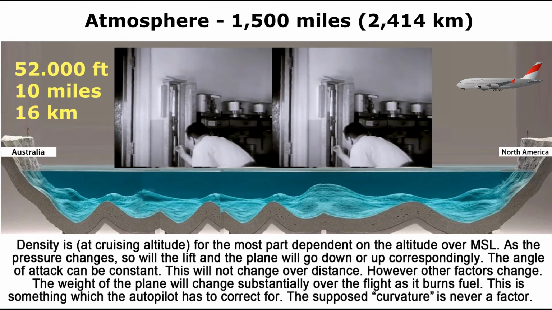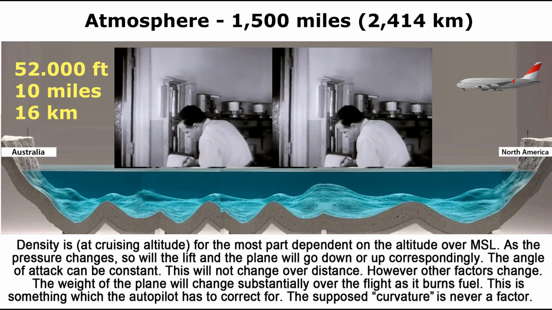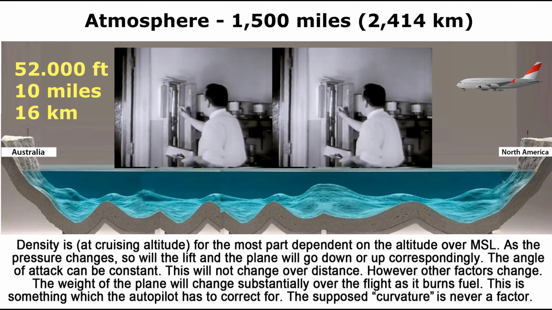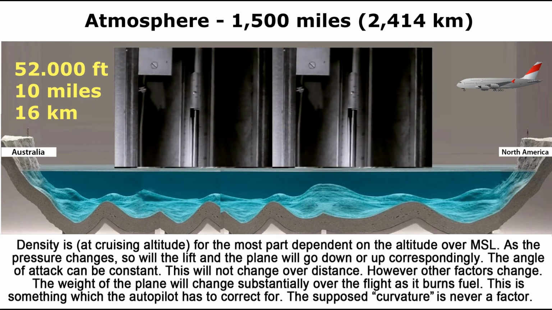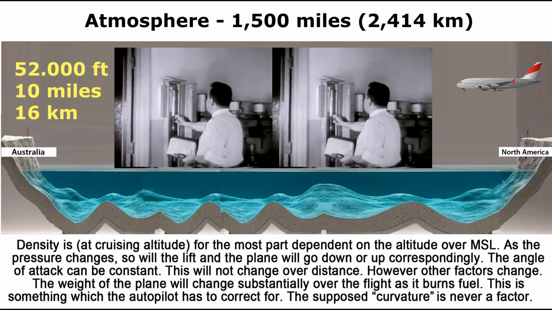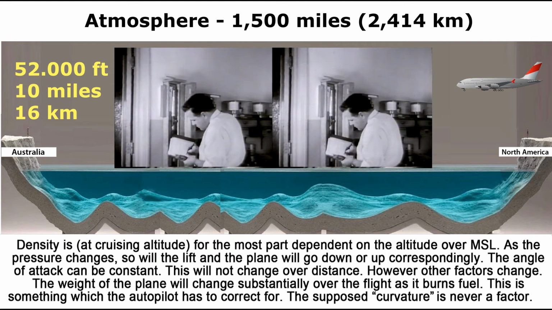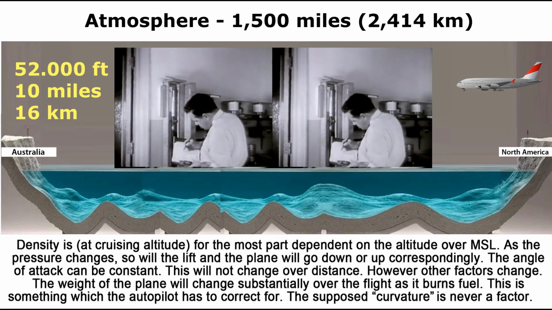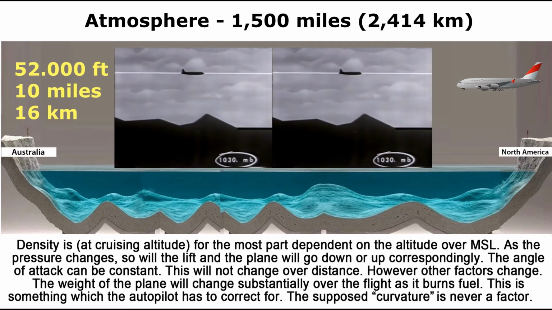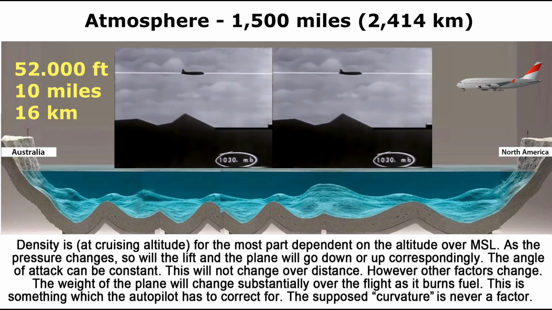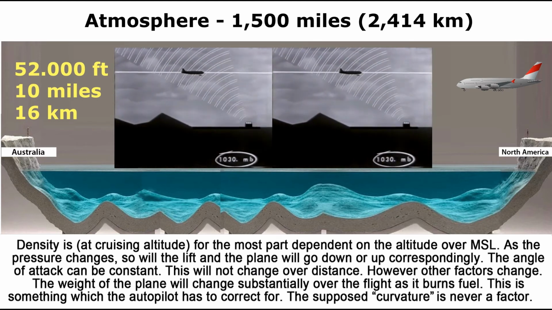At the ground station, an observer computes this mean sea level pressure. For example, he may find that it is 1,030 millibars. This pressure reading is called a QNH. It is radioed back to the pilot,